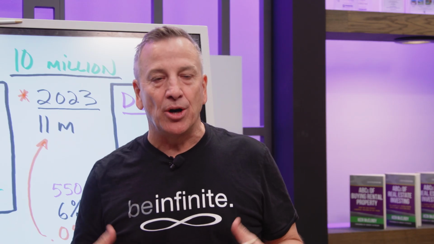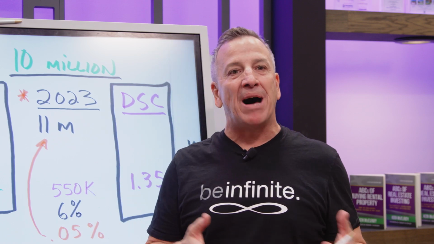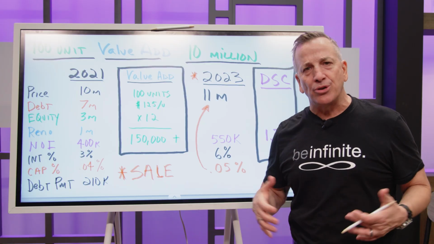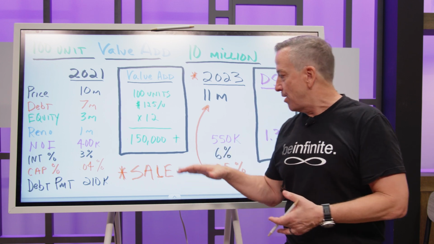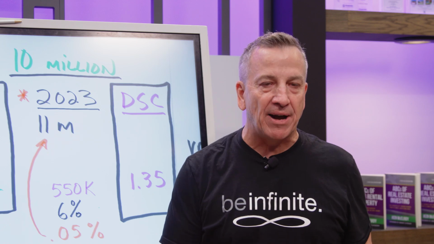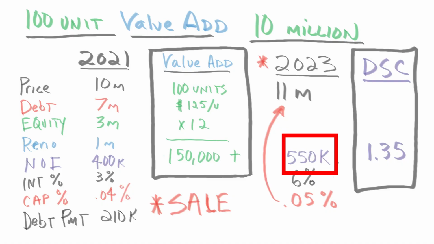And in the last video, we determined that whether you're a cash out refi or a buyer, you're still going to have a debt service coverage issue. You're still going to have a loan payment issue based on the 550. So whether you're doing a cash out refi and you're still the owner, or you're a buyer, you still have the same issue with the lender. Only one is a refi and one is a sale. The lender is going to look at this as the source of payment. They're going to be looking at the 550 to cover their loan payment.